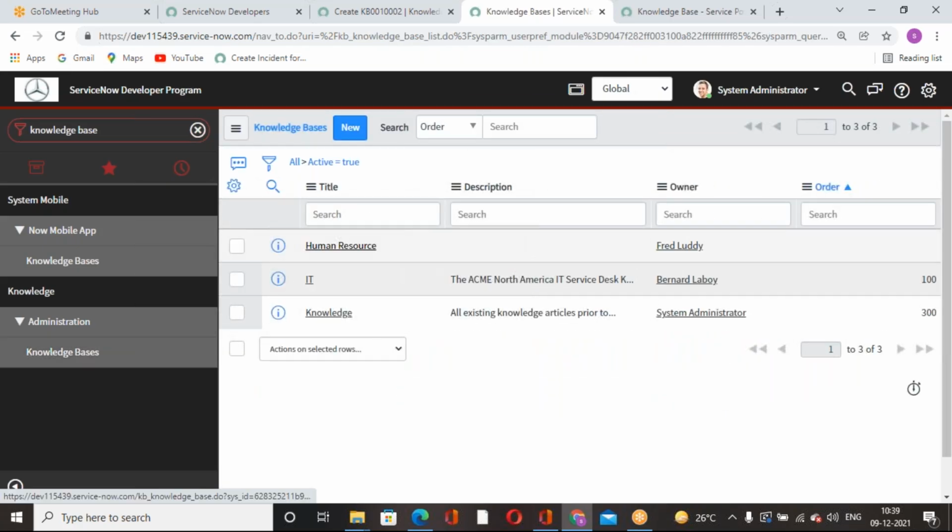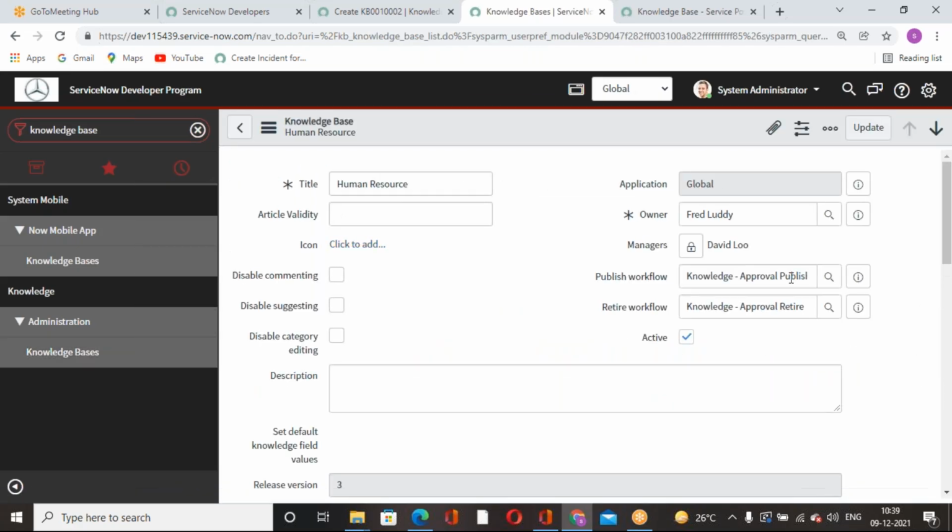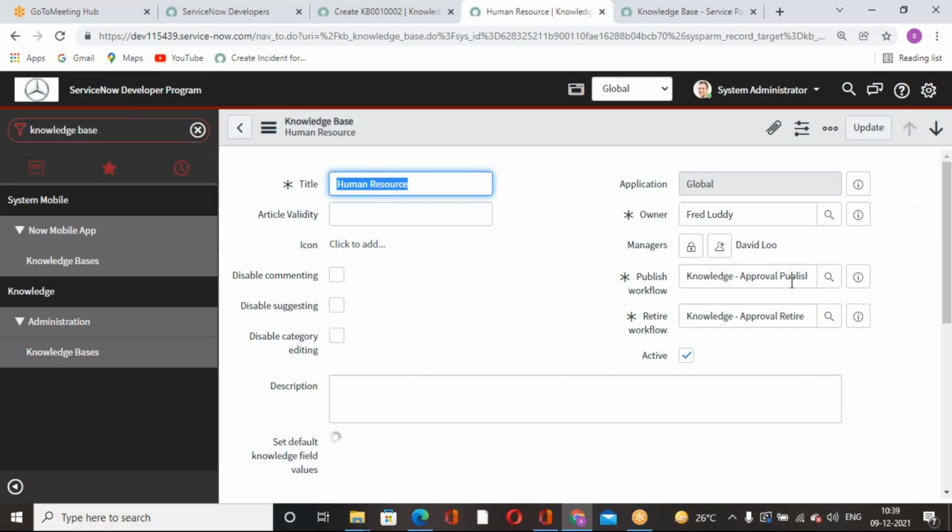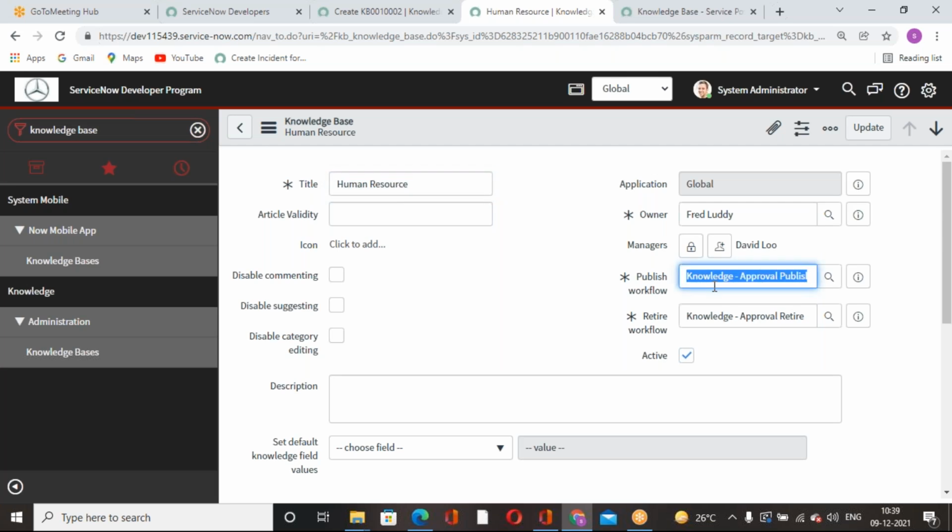And navigate to my knowledge base, human resource. Here we have two workflows, right? When you select knowledge approval publish, it will ask for approval while publishing and while retiring. But I don't want to get any approvals while publishing and retiring. So in this specific knowledge base, in this case, we can select